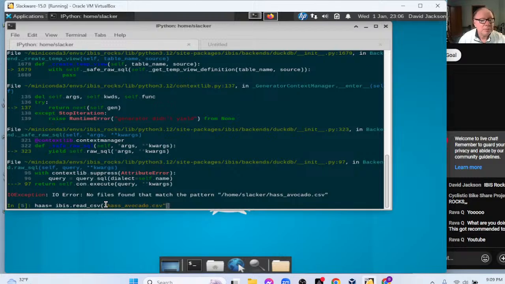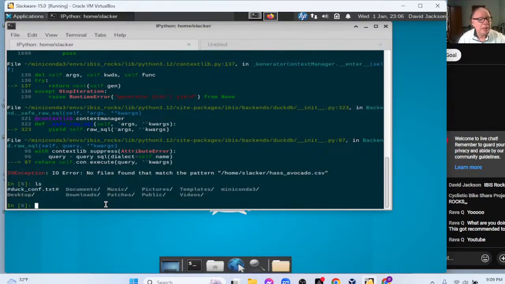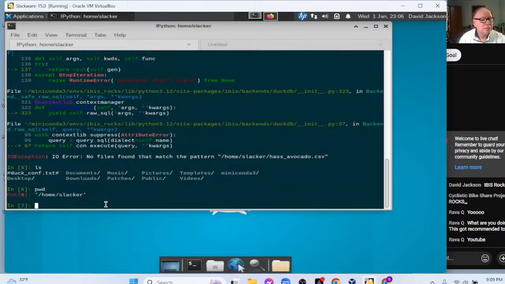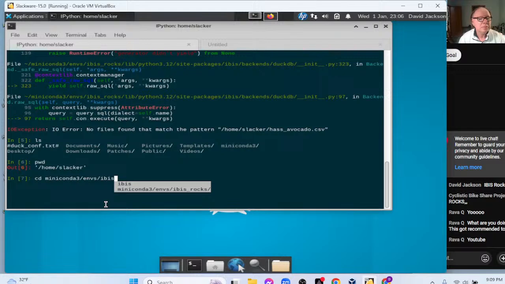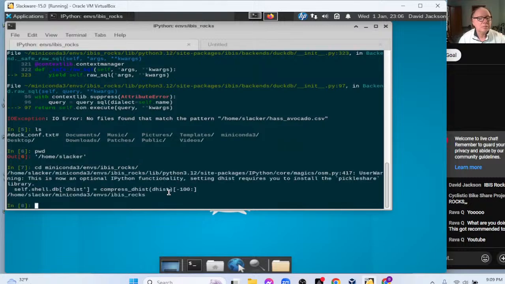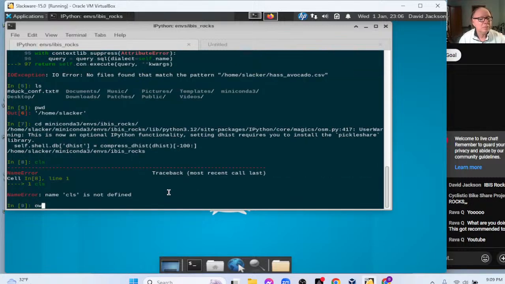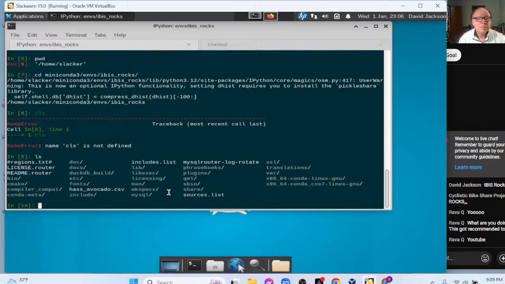Oh, this is kind of interesting. Am I not in the right place? Now you can run a shell command. Okay, so it was right. Okay, and there's our thing. I guess we're going to say